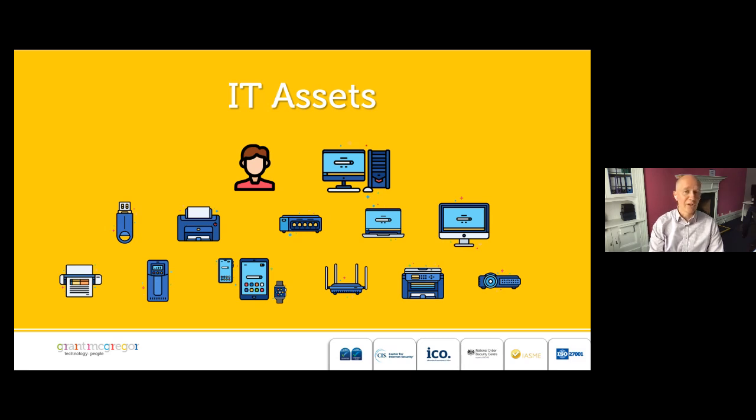Do you have a comprehensive, up-to-date register of all your data, your devices, and people that access your data and applications? Can you track and manage each asset's security configuration? A solid first step is to create and maintain a hardware and software inventory, right? So all your hardware assets like PCs, phones, computers, multifunctional printers, network equipment, so you know what devices are accessing